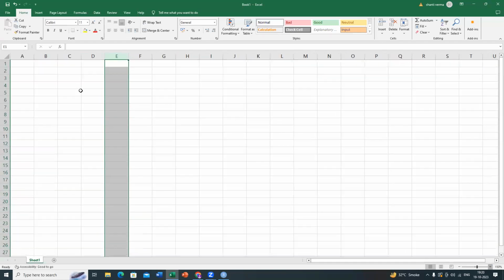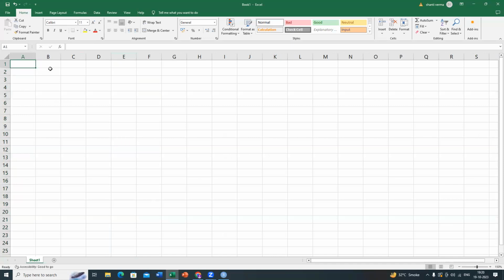Now, I created two columns. My first column name is, for example, height, and the second column name is, for example, weight. I put some random data in those columns, and also make some rows blank. Blank means missing values. So I make two cells blank here. Now in weight,